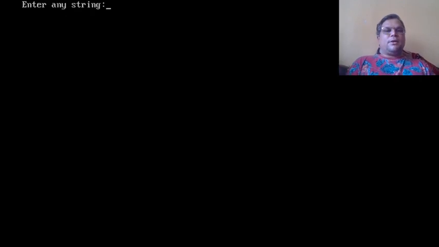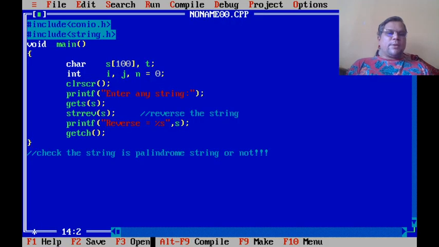What will happen if I run this program and enter the string as a number? Let's say 1, 2, 3, 4, 5, 6. When I press enter, I will get the reverse, that is 654321. But is it the reverse value? No. Whatever digits were entered in the order 1, 2, 3, 4, 5, 6, they are displayed in reverse order, that is 654321. So this is the second program that we completed today: a program to find the reverse of the string. And based on this program, you are supposed to write a program to check whether the string is a palindrome or not.